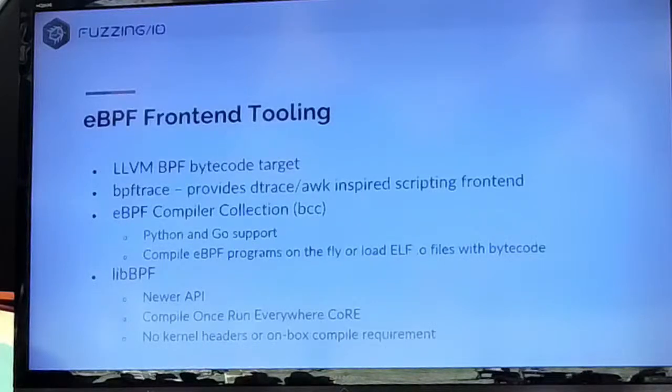And they're also working on, everything's migrating towards this thing called libbpf, which is a newer API. It has some higher level abstractions in it. You can reference data structures in the kernel directly, and it knows all the type information. And they're working towards this concept of compile once, run everywhere, for portability on the kernel side. Because traditionally, if you compile a kernel module, it's tied to the version of the kernel that you're running, right? And the kernel